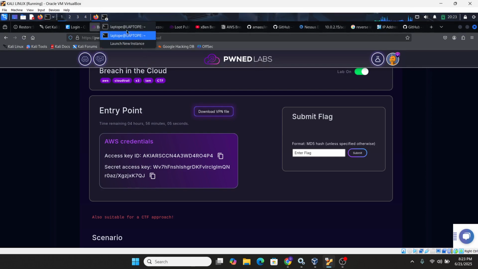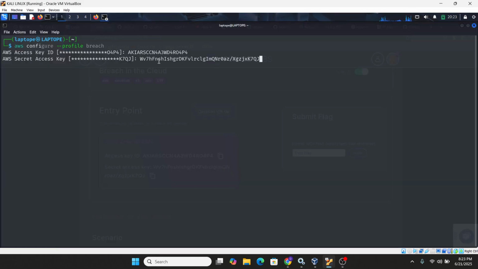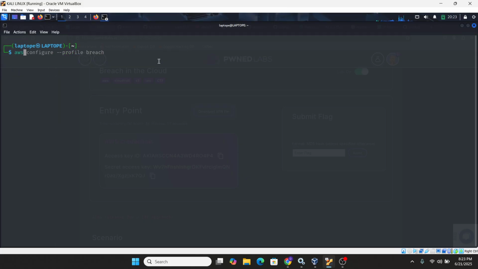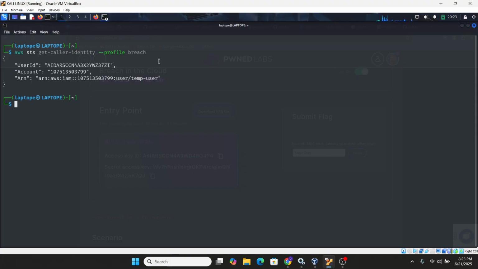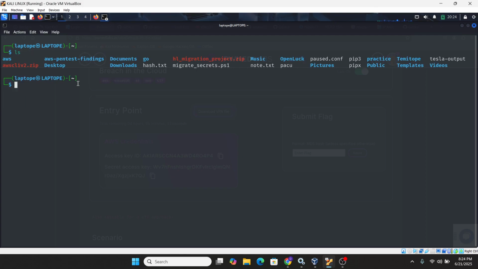Copy it, paste it here. Just press enter to accept the one that has already been selected. Then run aws sts get-caller-identity, and we give our profile bridge. Now we have access to the temporary account. That's great. So right now, we want to analyze our log.